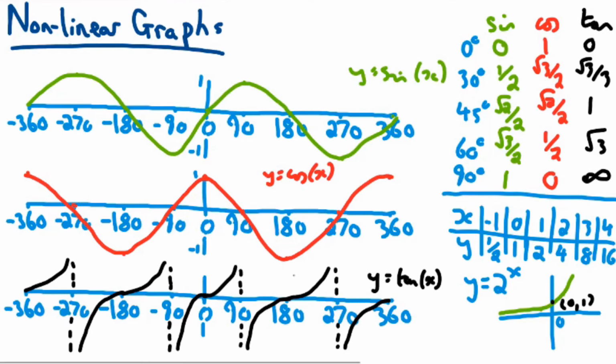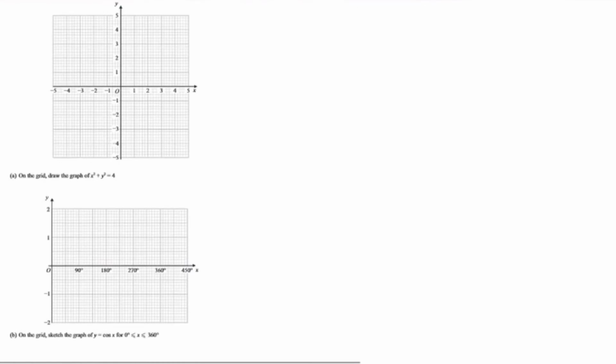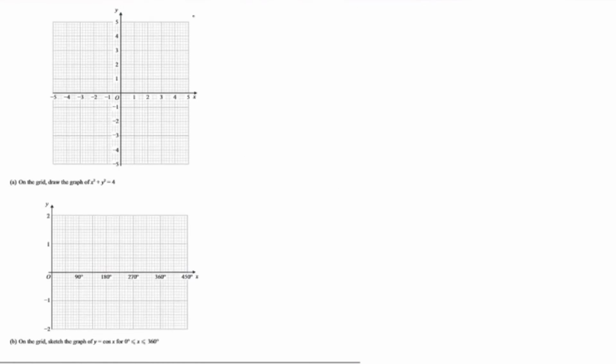Okay. If we're happy with that, let's turn to an actual paper question. In this question, we've got a couple of graphs they're looking for us to draw. First of all is the graph of x squared plus y squared equals 4. Now, even when you've been doing other questions where you have an equation to plug values in, they may not have looked like this. This is a very specific graph where you've got both x squared and y squared on the same side. The easiest way to do this is to take x and y, one of them at a time,